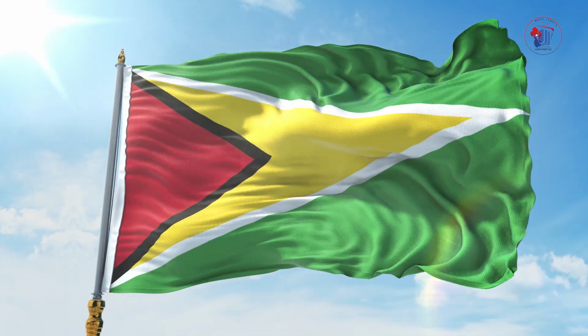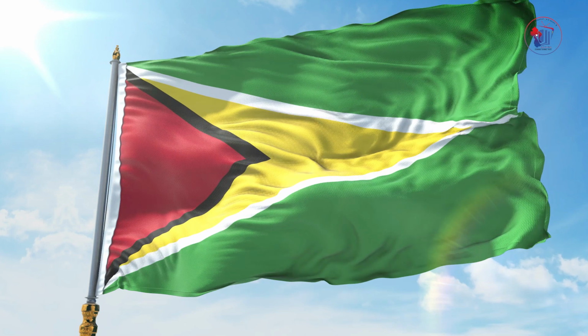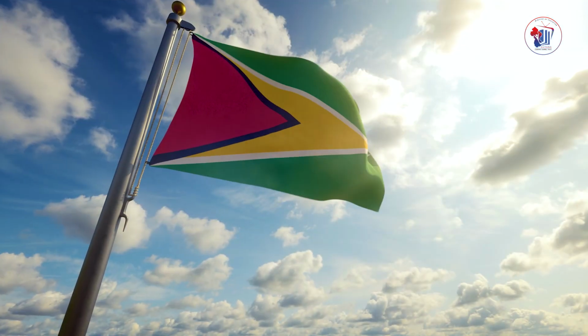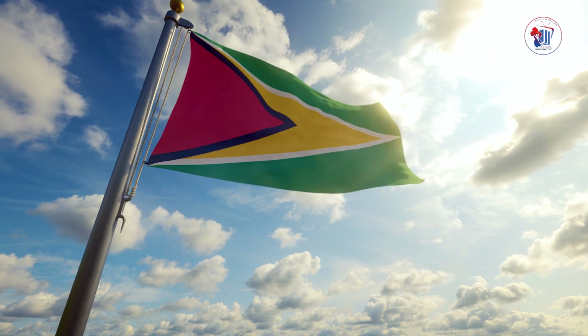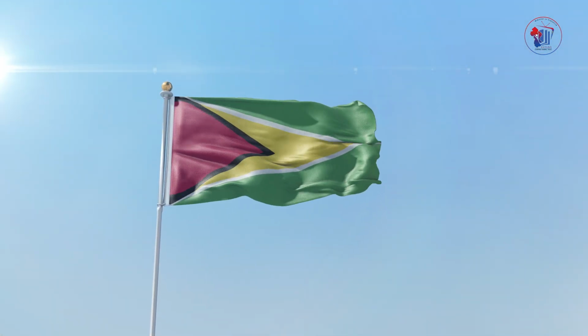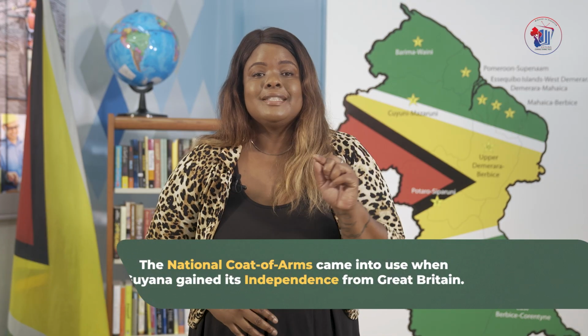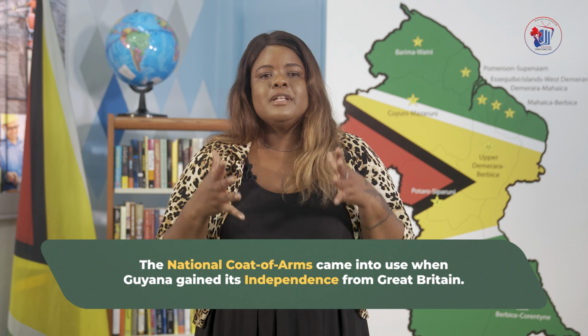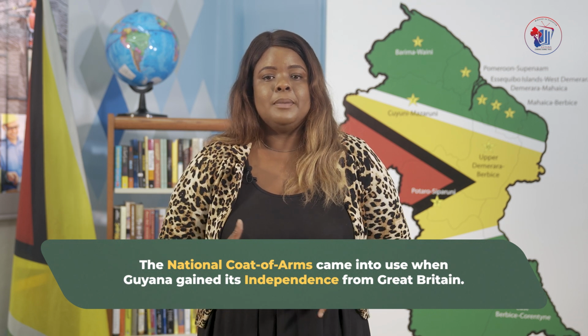To honor our national flag, it should always be flown in a position of honor or at the highest position when amongst other flags. It should never be flown upside down or thrown on the ground. Tsk tsk. Just like the national flag, the national coat of arms came into use when Guyana gained its independence